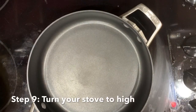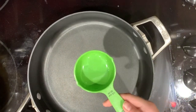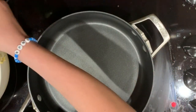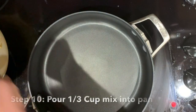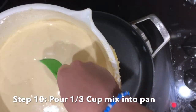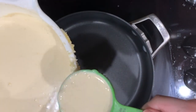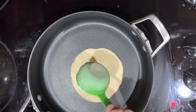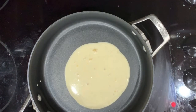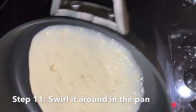Okay, so I'm turning my stove on to high, and I have a pan like this. You're going to need a 1/3 cup measure, and you're just going to take 1/3 cup here. Here's my 1/3 cup. I'm gonna pour it in here, and then you're going to swirl it around. Looks like I need